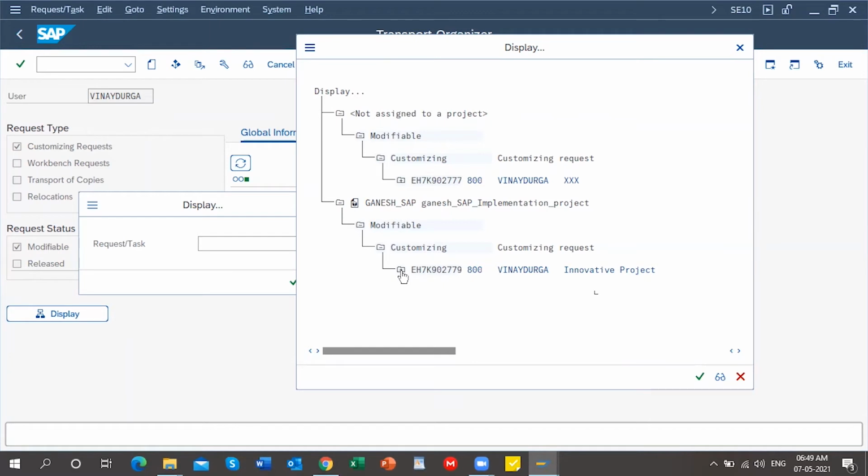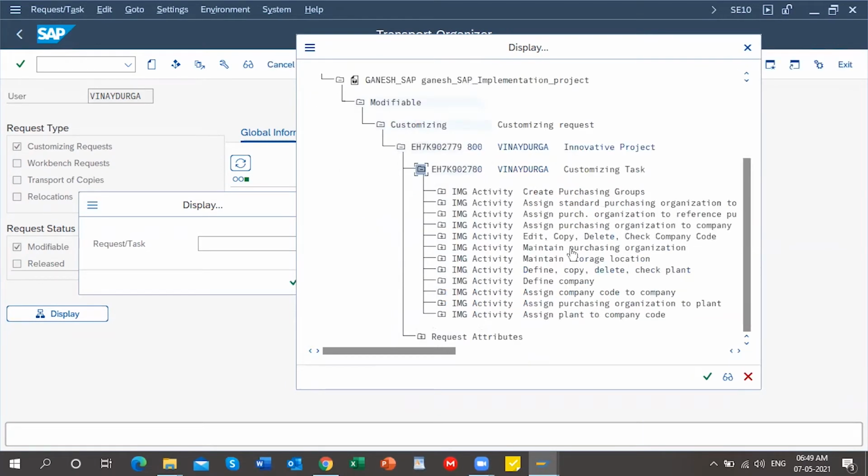Just click on this, and click on this customizing task. It will take a few minutes because a lot of data is already maintained in the system. See, here you can observe what tasks or activities you have done in the system, like the definition part and the assignment part.